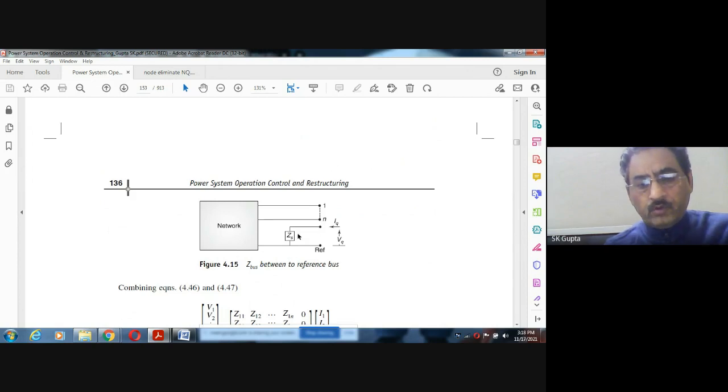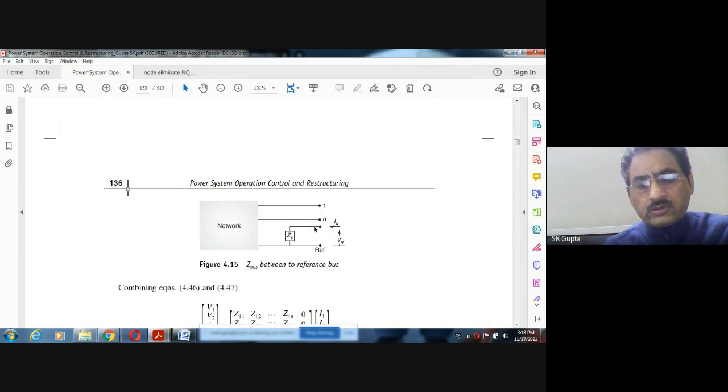For example, before this, this network is already there, where the buses are 1, 2, 3, 4, 5, up to n, and in this a new transmission line is added. The value of this transmission line is ZS. It is connected between Q, which is the one new bus, and 0, the reference. The new bus name is Q, and it is connected from this to this. So the voltage across this is VS, given by ZS into IQ.